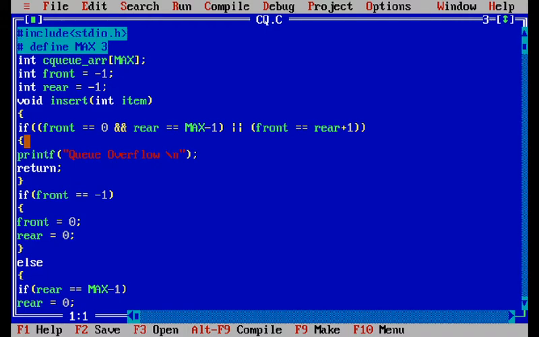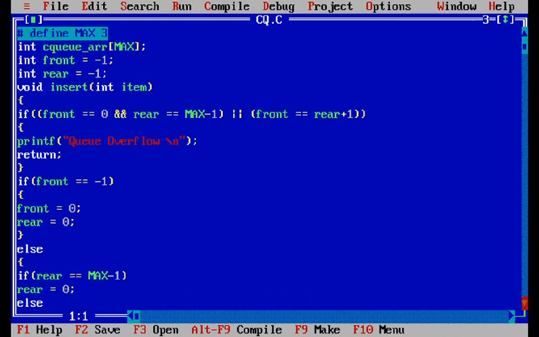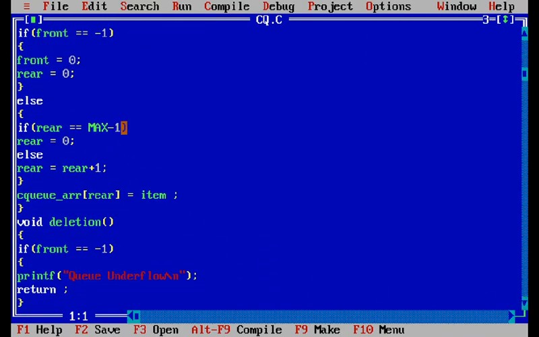Otherwise it will check if front equal to -1. If front equal to -1, then we assign 0 to front and 0 to rear. Now in the else part, if rear equal to MAX - 1, then we assign the 0 value to rear. Otherwise we increment the rear pointer by 1 and we assign the value item to CQARR of rear. That means we assign the item to the circular queue. This is the insertion function in a circular queue.